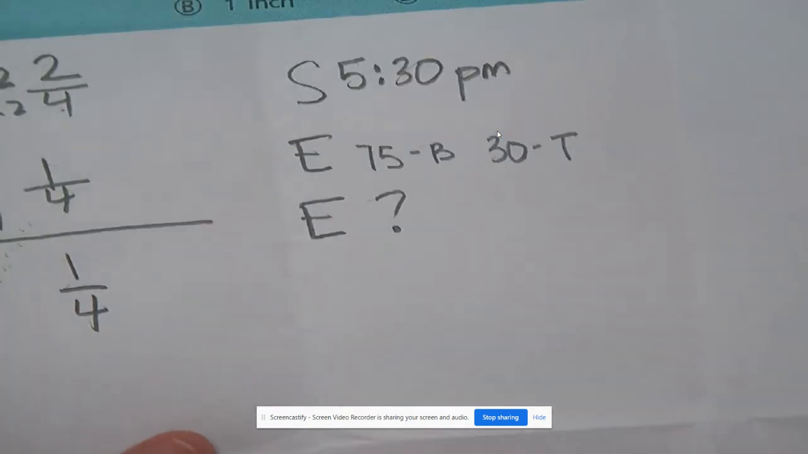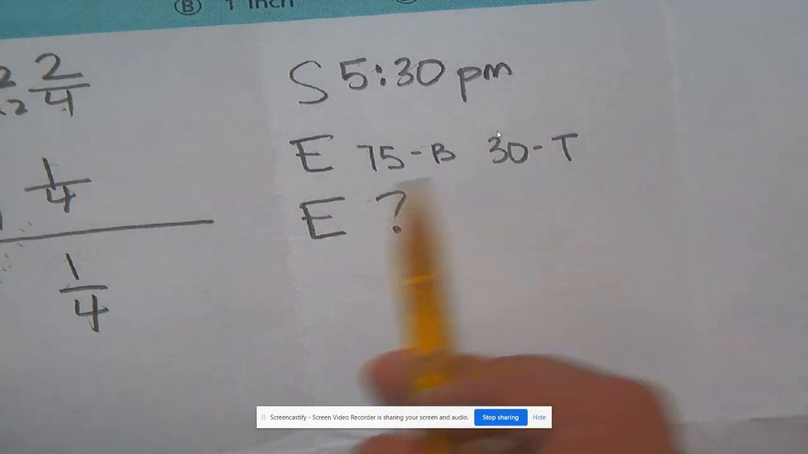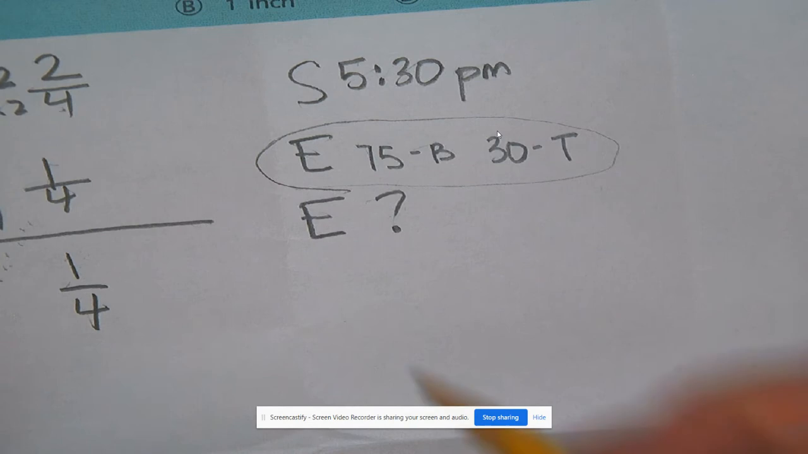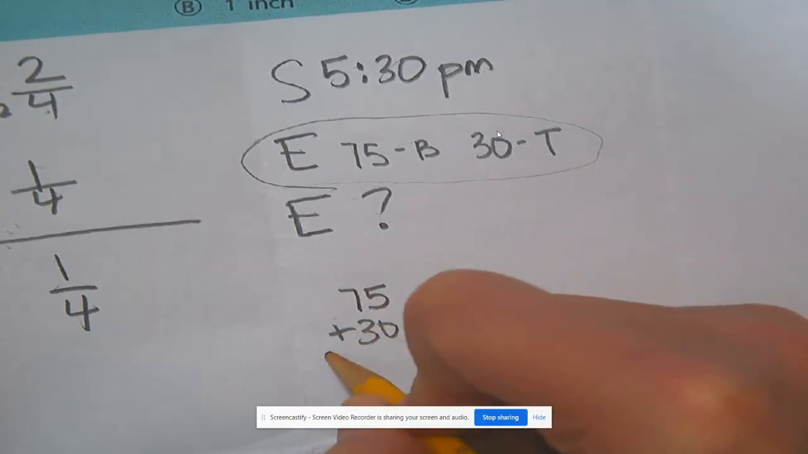Okay, so it looks like we got to do a couple steps there. What's the first step we need to figure out? Yeah, how much time he spent there? How do we need to find the elapsed time? How am I going to do that? Add them, okay? So 75 plus 30 is